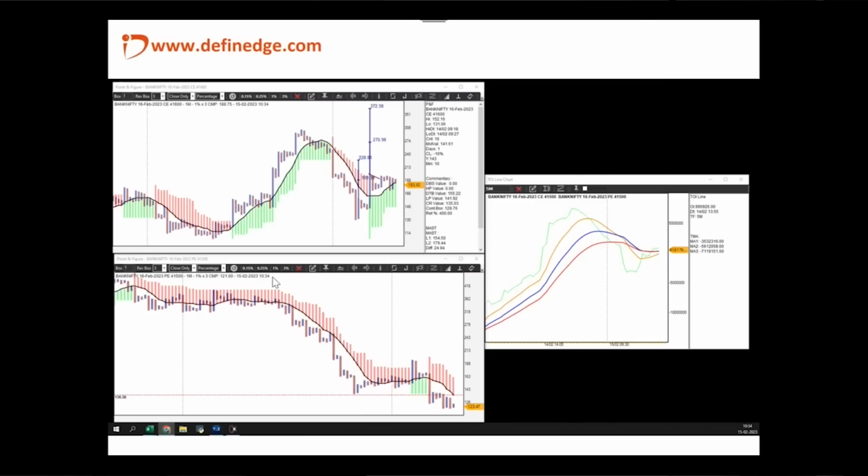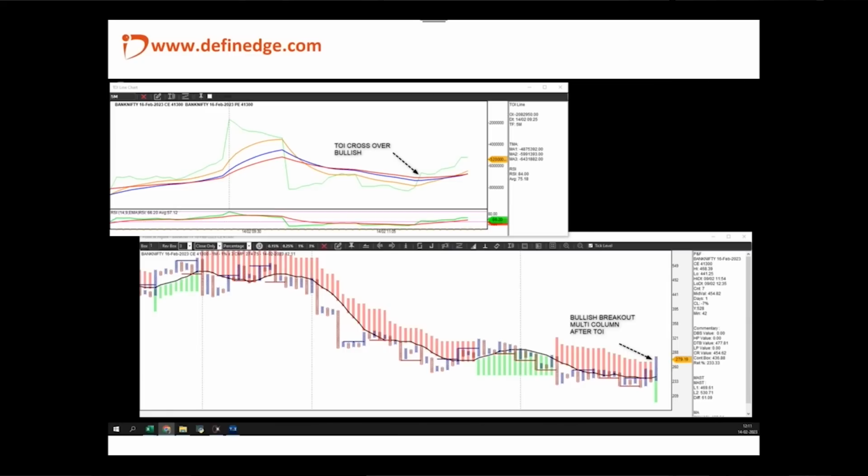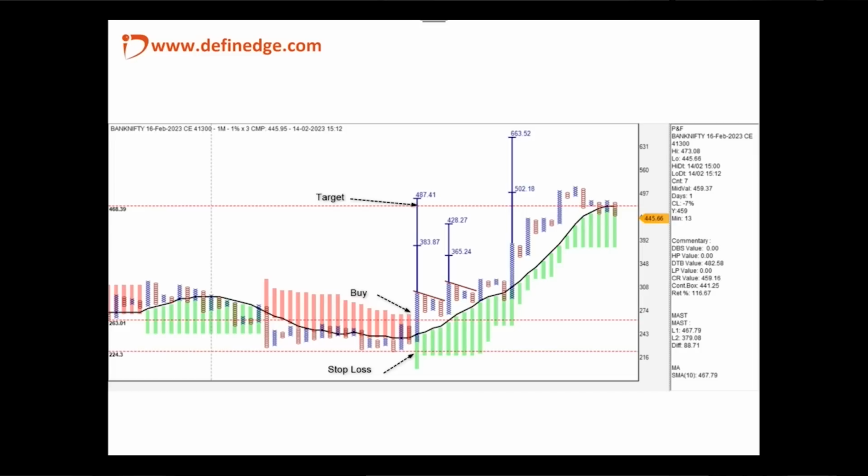So even if you wait, Bank Nifty options still give you ample time, because till the time the TOI does not come up, your options can be sideways. It can be painful if you really try to enter. In fact, that is the problem where a lot of people take a trade in anticipation, and then they realize that the option also is going sideways, and then they get worried whether they are going to get the trade in their favor or not. So this is a case where you wait for the TOI to become bullish, wait for a confirmation on the call chart in terms of a breakout, turtle breakout or multi-column breakout.